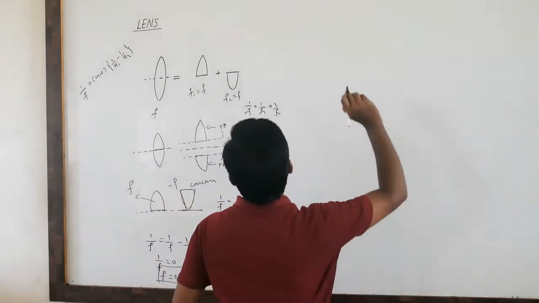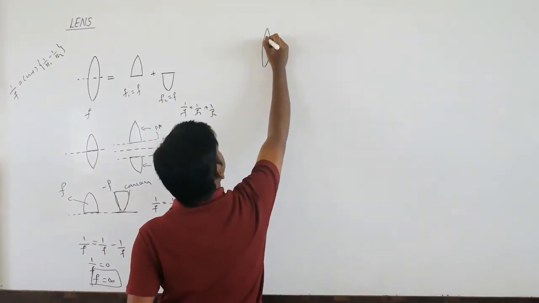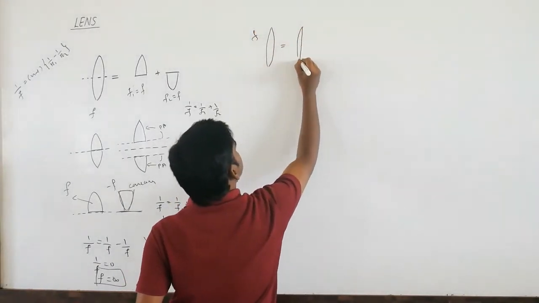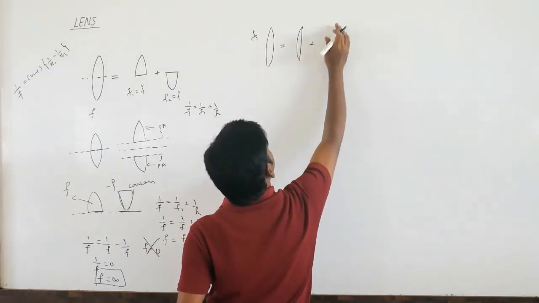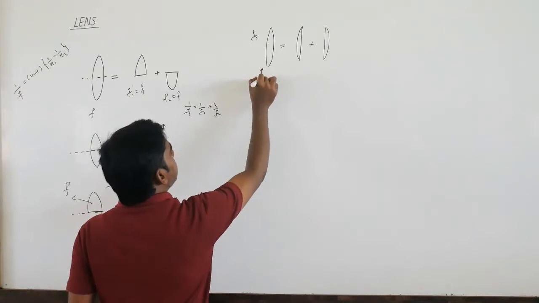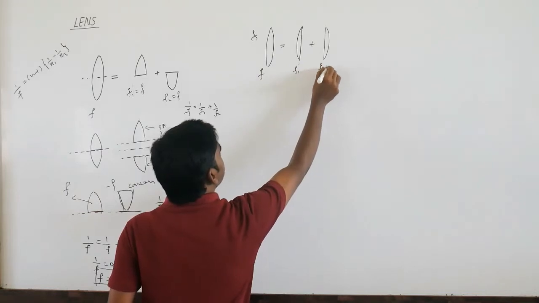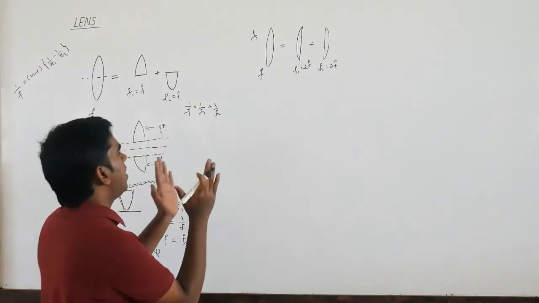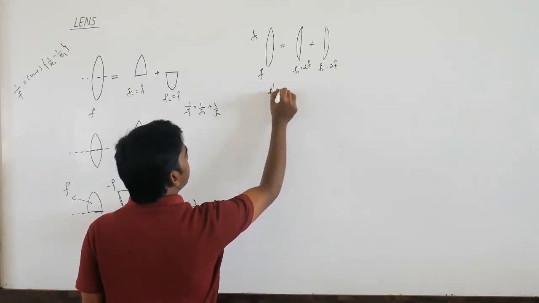Similarly, if I take vertical cutting, we discussed this in the last class. If its focal length is f and you cut it into two parts, you will get one part here that becomes a plano convex, and another part that is also a plano convex. These focal lengths f1 and f2 are not the same as f. Yesterday we discussed that we get 2f and 2f. If you combine them together, you will get f only again. So your new f will become f only.